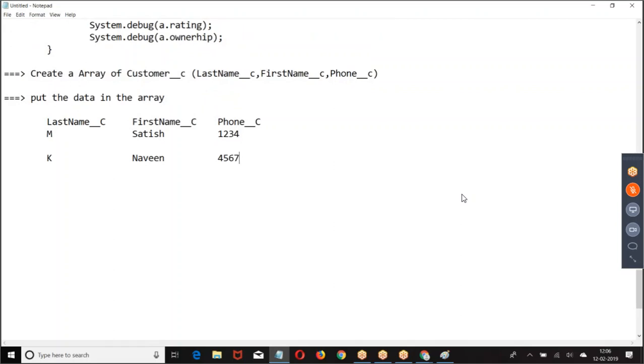Create an array of customer, insert the data, and refer to the values.